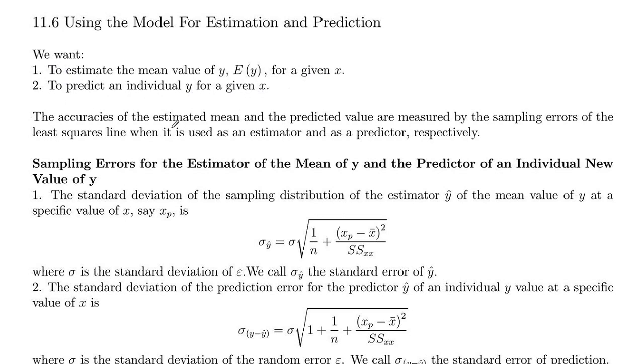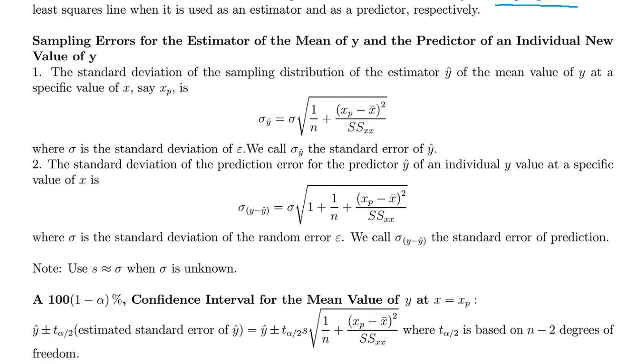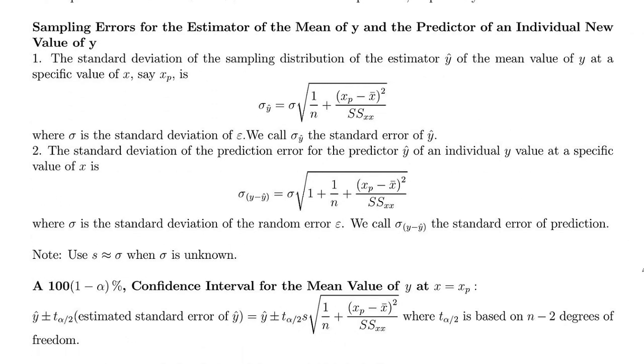So the accuracies in our estimated mean and our predicted value are going to be measured by sampling errors here of the least squares line when it's used as an estimator and as a predictor respectively. So we need to be able to analyze those sampling errors. So the sampling errors for the estimation of the mean of y and the predictor for an individual new value